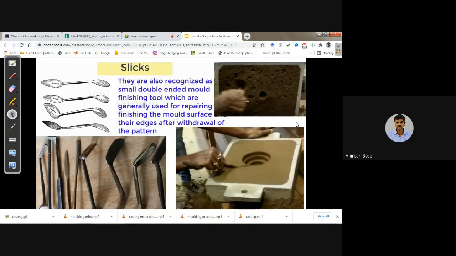Here you can see, in the top picture, with the help of this sleek the pouring basin is created. If you remember, the pouring basin is a relatively large diameter at the entry of the sprue, and it is created with the help of this sleek. Or you can see a sleek used as a gate cutter. This is the mold cavity, and the gate is cut with the help of this sleek tool, because the edges of the sleek tools are very sharp. Those can also be used to create the gate, along with the lifter.